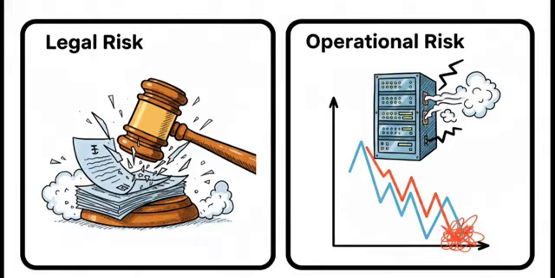And oh, the dangers do not stop there. You've got legal risk. This is when the rules of the game just change right in the middle of play. A government might ban a certain product, and poof, your whole strategy is gone overnight. And then there's operational risk. This is when the system itself just breaks down. A server at the stock exchange has a glitch, trading halts, and when it finally comes back online, pure panic can set in, all because of a tiny technical failure.